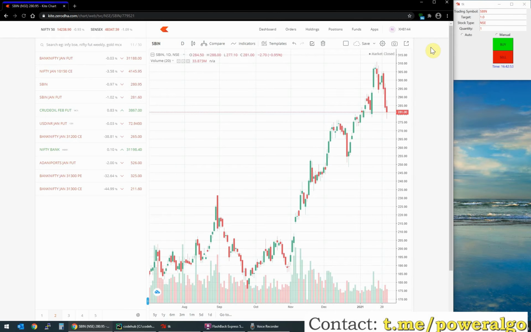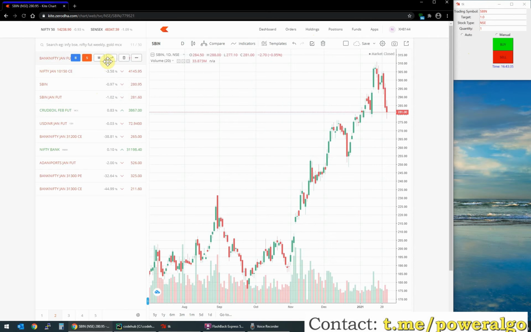Why this tool is useful: if you are a positional trader or intraday trader, and in between you find something interesting and see that you can quickly grab some small amount from the trade, then you can use this tool to place those orders. You'll have a fixed target which can be edited by yourself, and it will place both the main order as well as the target order immediately, so that it helps you quickly scalp the market.